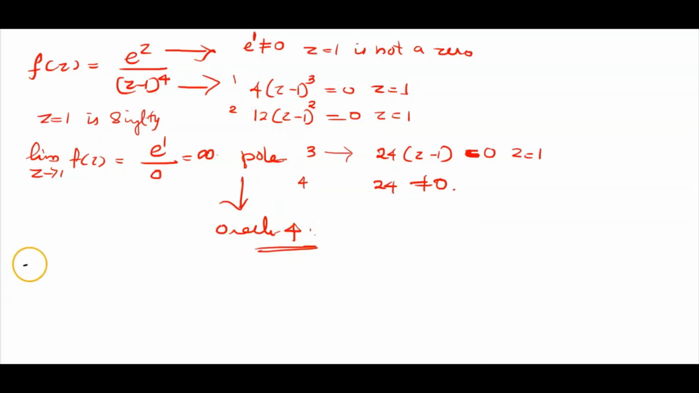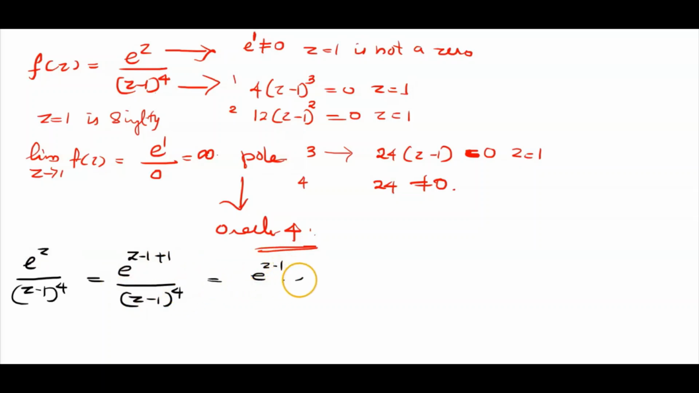We can also use the Laurent series expansion. This is e raised to z divided by (z minus 1) all power 4. About z equal to 1, let's write z as (z minus 1) plus 1. And the denominator is (z minus 1) all power 4. So this is e raised to (z minus 1) into e raised to 1, and (z minus 1) all power 4. So e by (z minus 1) all power 4,